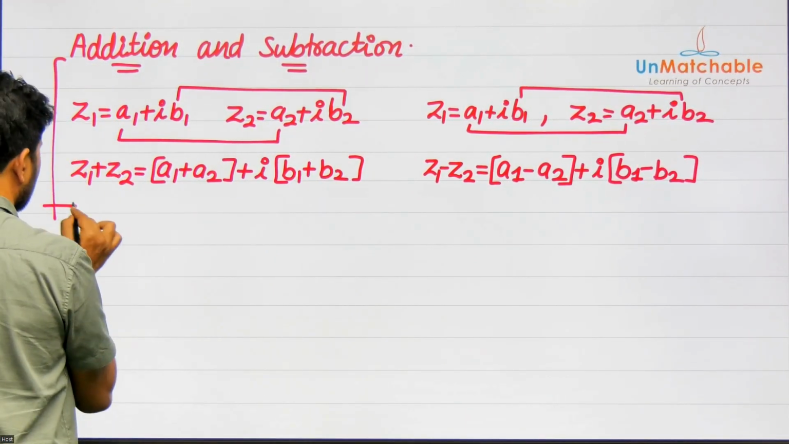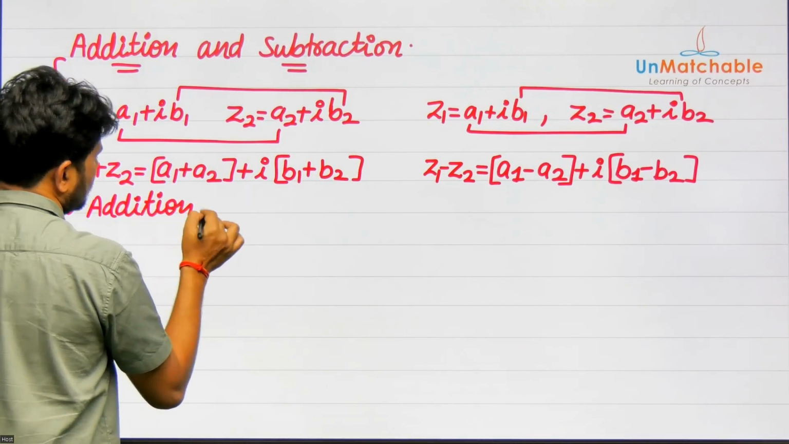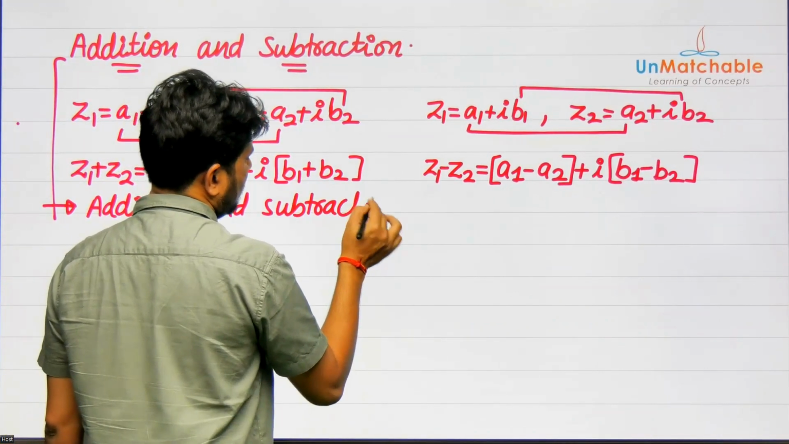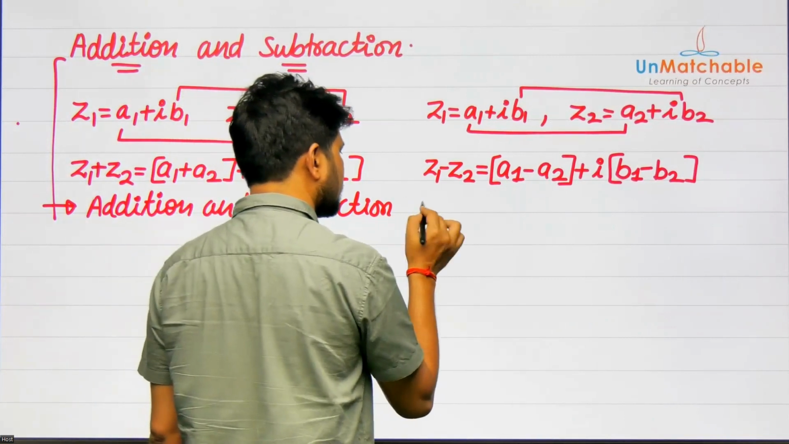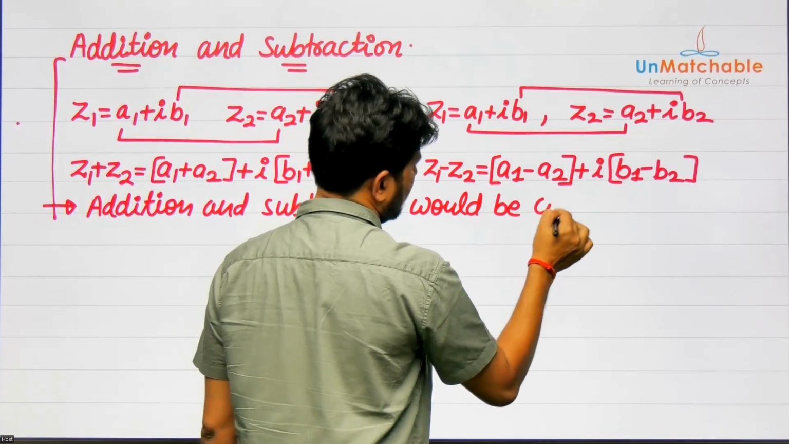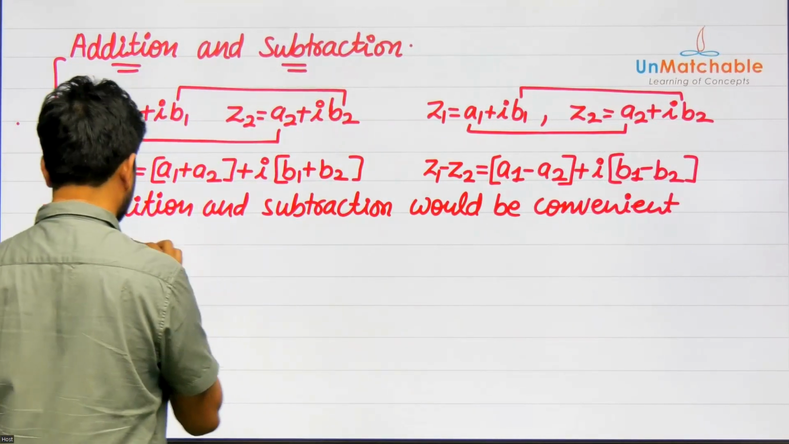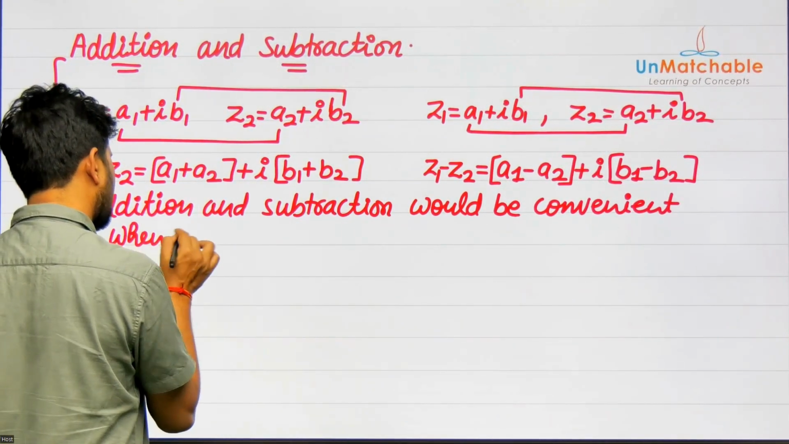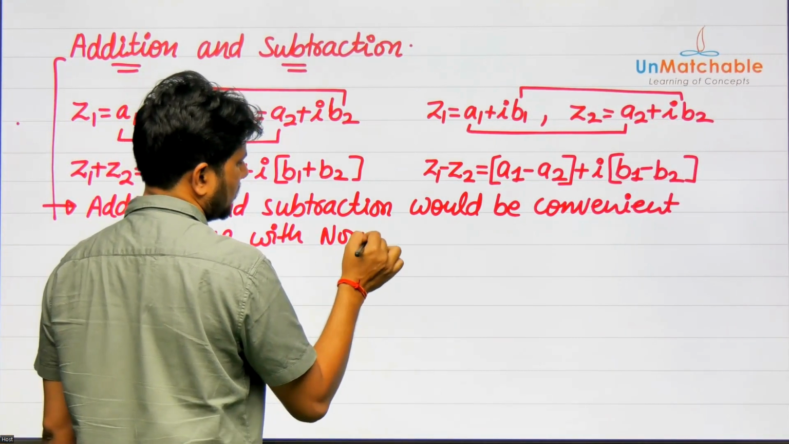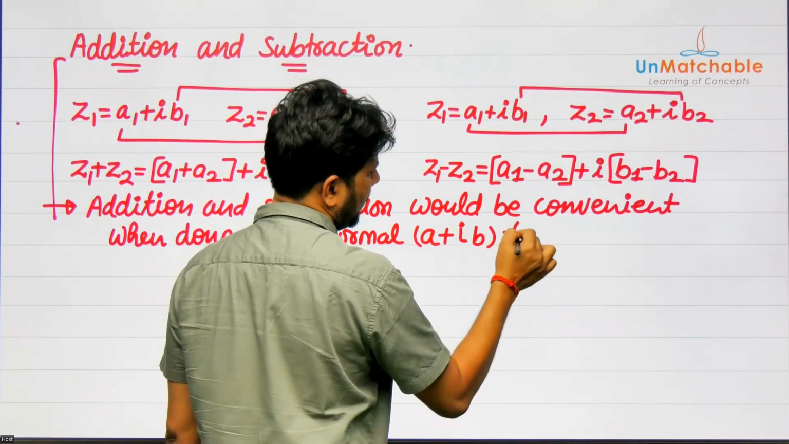Do write this, that addition and subtraction would be convenient when done with normal form like a plus ib